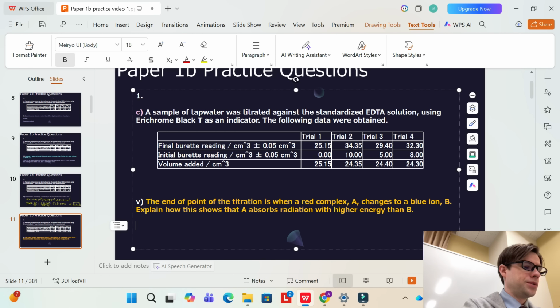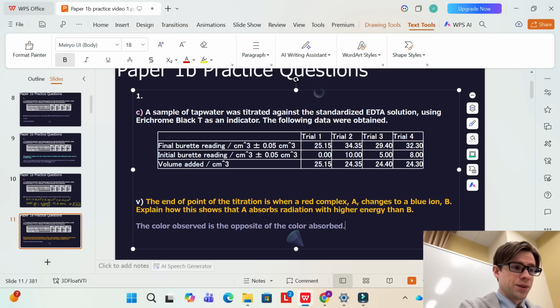So the color observed is the opposite of the color absorbed. This is something you have to realize. Whatever we see with our eyes is the opposite. It's sort of what is reflected or not absorbed by the actual chemicals, molecules, ions, and atoms. So if red is observed for A,